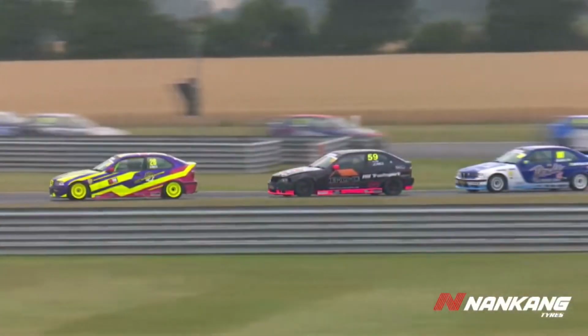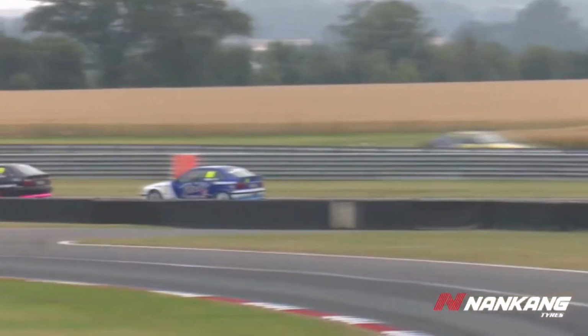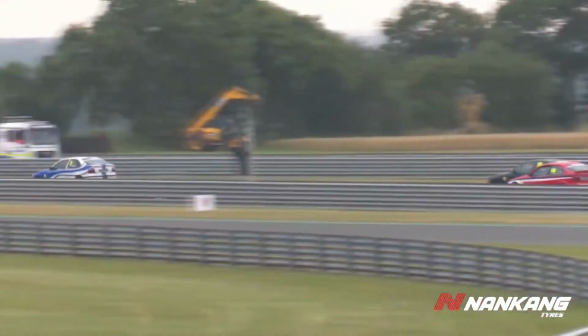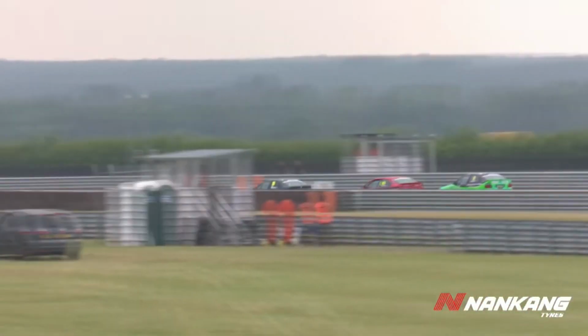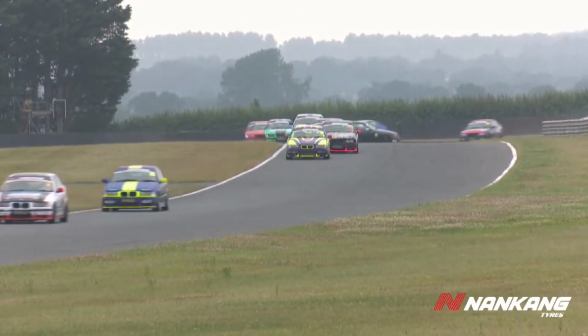And Russell Cage, who just started on pole position, ends the first lap in 10th. So I think he should be happy just to survive that after he got almost piled on by everyone else behind him. So Ian Howes has also dropped 6 places from where he started. He's down from 6th to 12th. So it's almost as if, ironically, Jim Barrett and Ian Howes have traded places as they come out of the